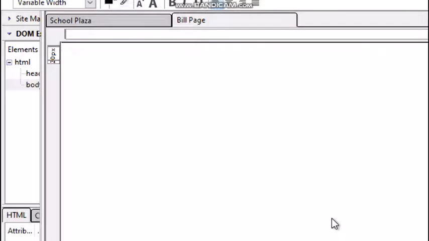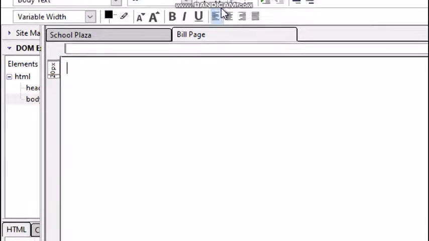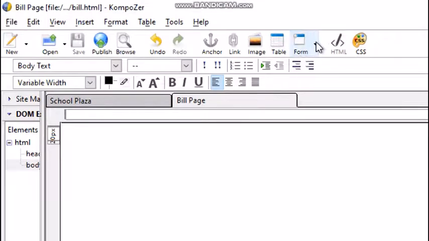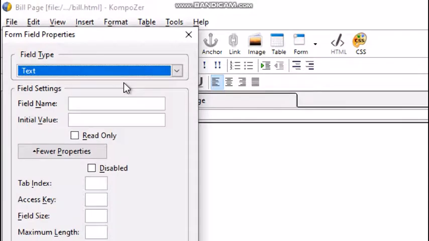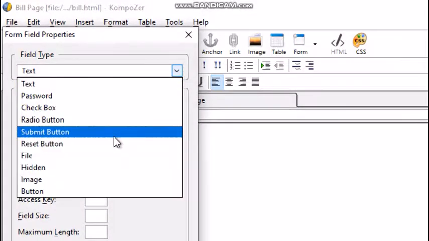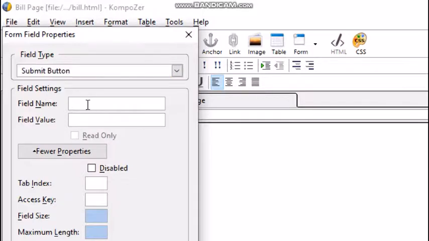Now I will create a button named show bill on this page. So click on form field. The form field properties dialog box will be displayed. From field type select submit button. Field name as bill button, bill underscore btn, and field value as show bill.